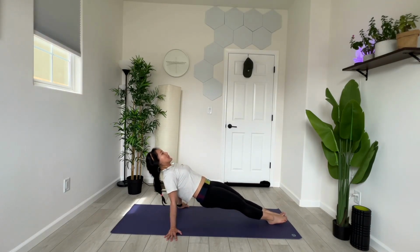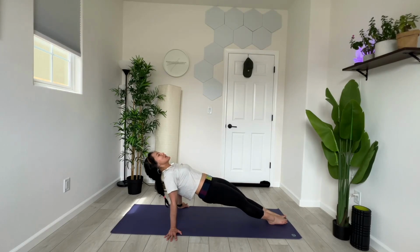With our reverse plank, gazing directly above you, lift and squeeze your hips up high. For these last few moments, if you'd like to release your head and gaze behind you as we stretch our throat space, shine our heart to the sky, create a shelf for your heart, squeeze your shoulder blades in and down your back. 3, 2, 1,